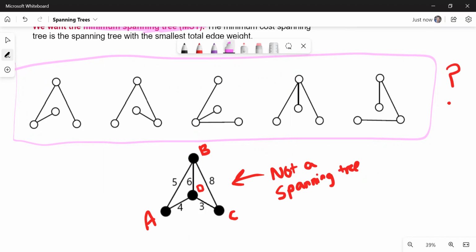Now, you can see the cheapest edge is 3, right? And then the next cheapest is 4, and the next cheapest is 5. Now, that doesn't always work, but it worked this time. It worked this time because if I connect those in that fashion, all of the vertices are connected. So my minimum spanning tree,